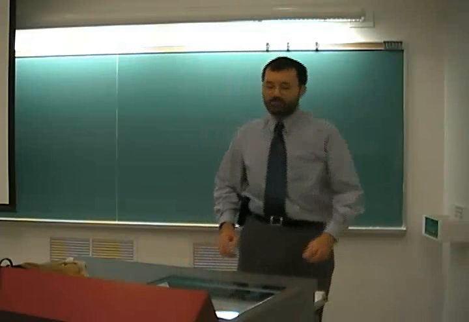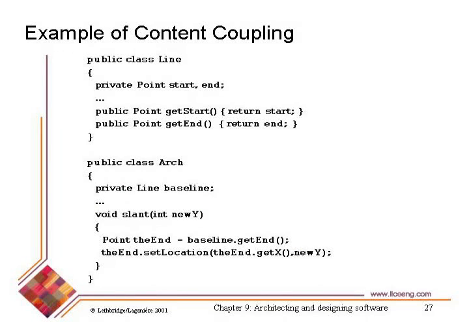Sometimes the content coupling can be a bit insidious. These two classes here illustrate an interesting case. Let's take a look at them. We've got a class called line, okay, which has a start and end point. And it's got public methods get start and get end. Straightforward enough. We've got a class called arch. Okay, so an arch,